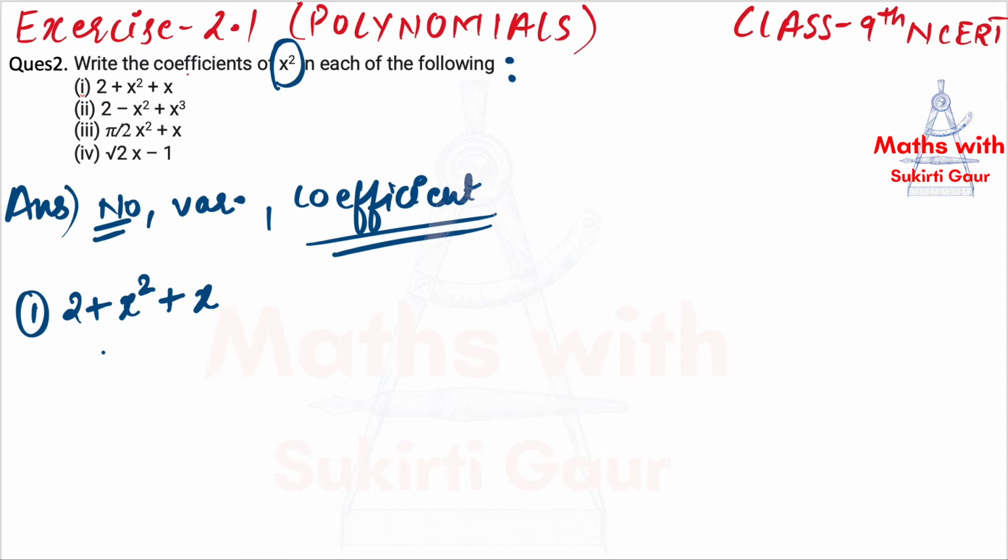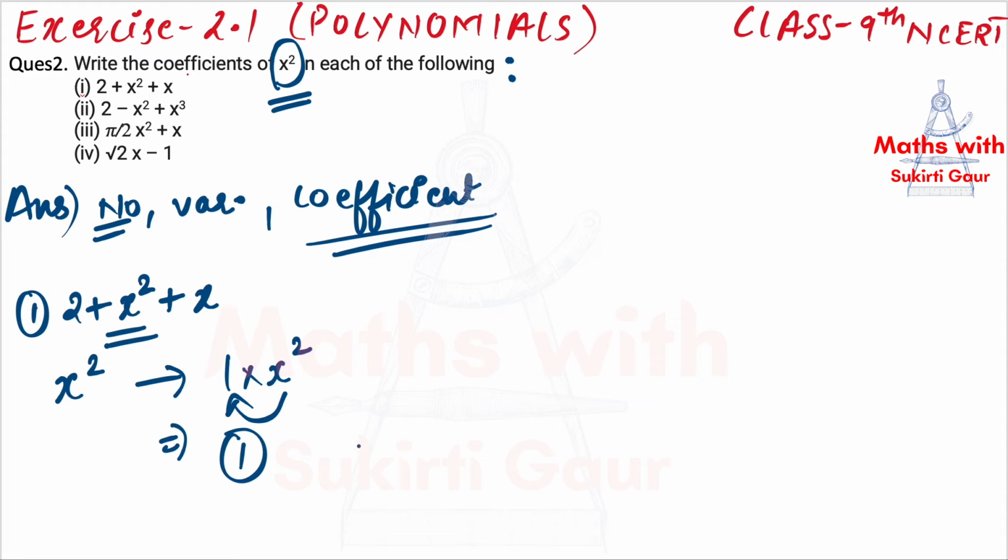Okay. So in first part we have 2 plus x square plus x. Are we going to see any of the term except x square? No. We don't have to care about any other term except x square, because we have been asked the coefficient for x square only. So we are going to see the term having x square. The middle term here is containing x square. If I write x square, the second term, the coefficient of it is, I can write it as 1 into x square. So the coefficient of x square, the numerical value attached to this x square by the multiplication sign is 1. So the coefficient of x square in the first part is 1.